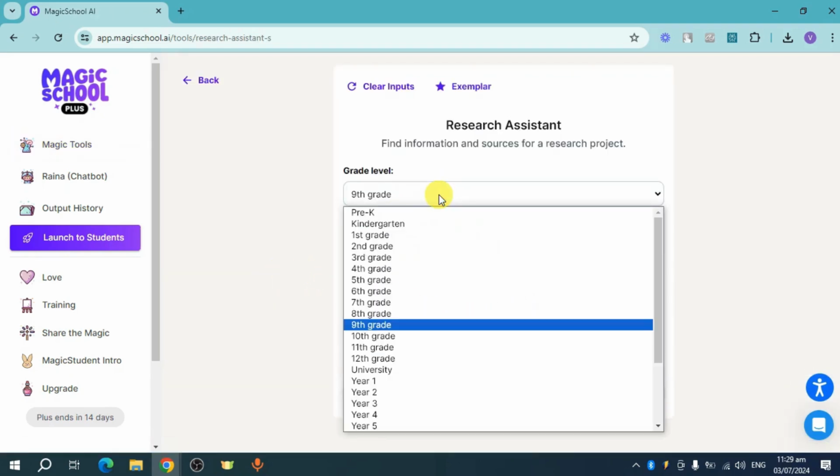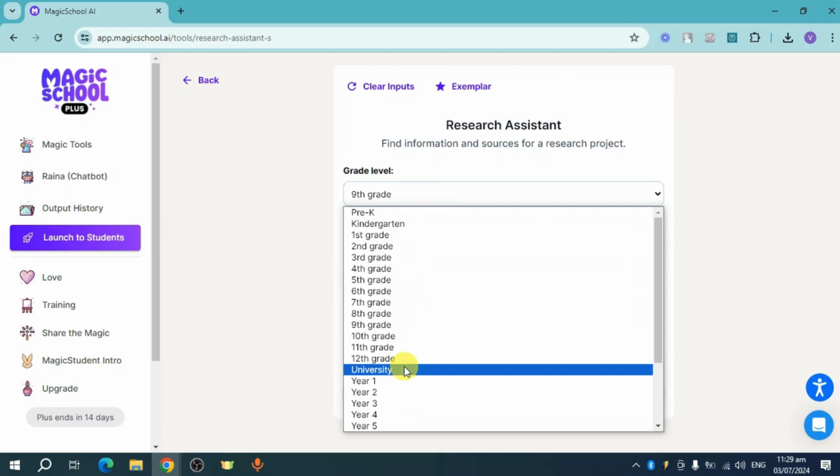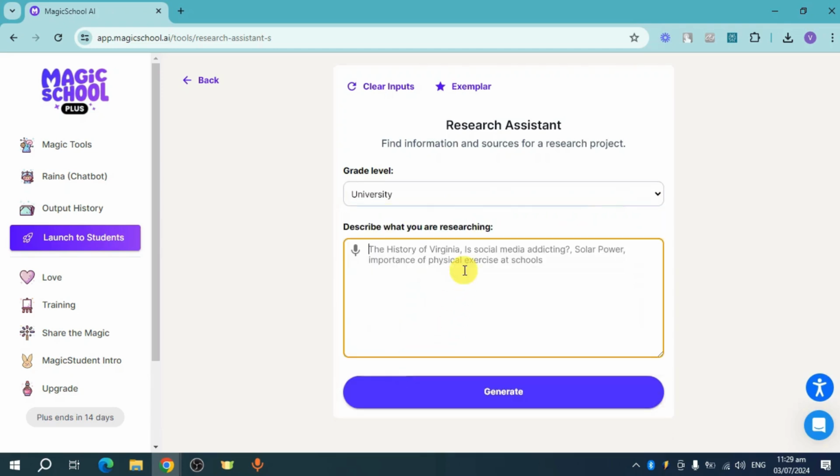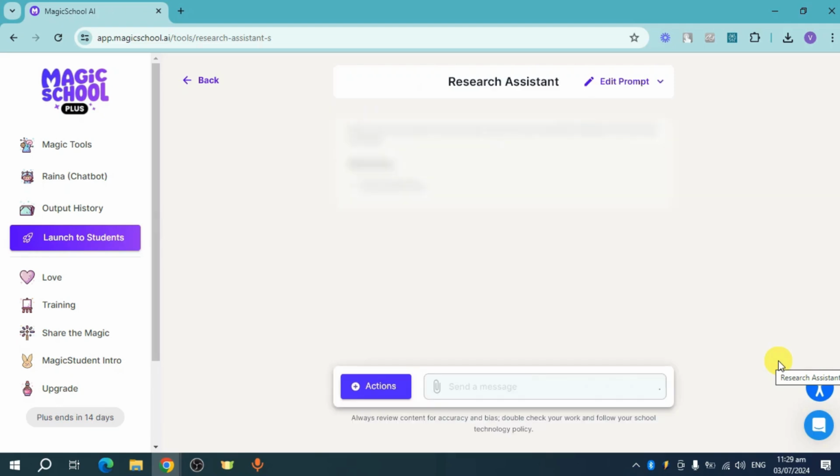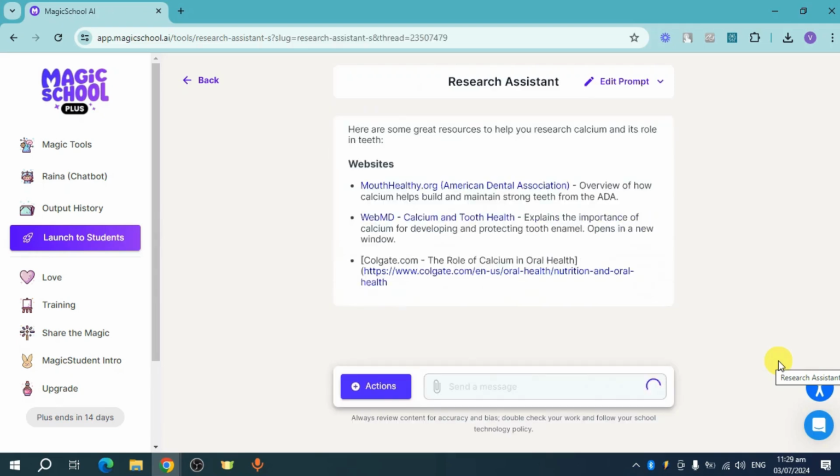So just enter in here your grade level. So for example, let's put in here university. And then let's put in here a research about calcium on teeth. And then after that, click on this generate right here. And then once you have done that, this will actually load your research assistant, and you should be able to